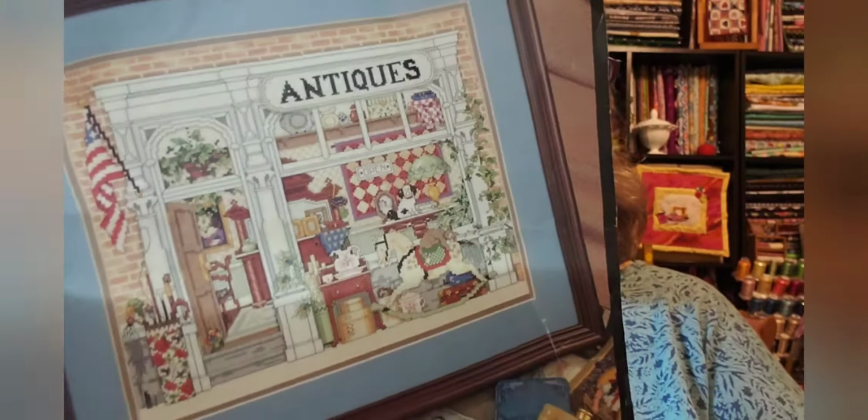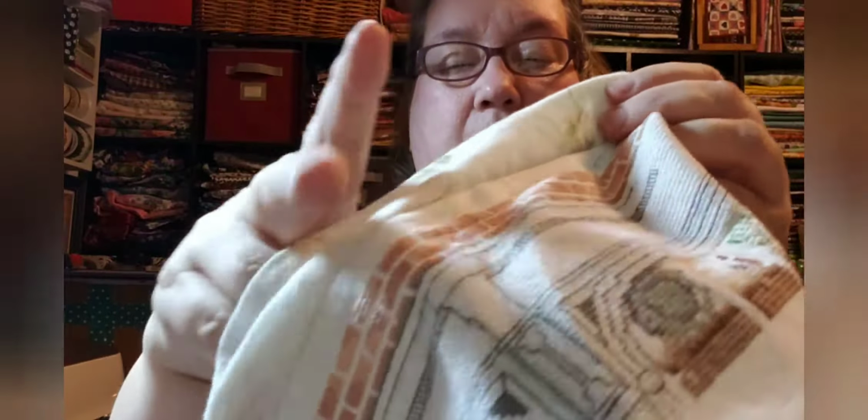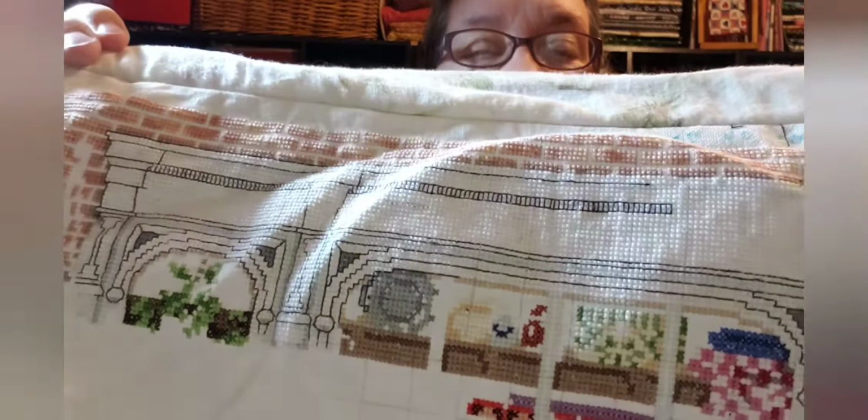It's my antique shop. I think it's just called Village Antique Shop. Enjoying that. This is the one, of course, I made so many mistakes on, as far as